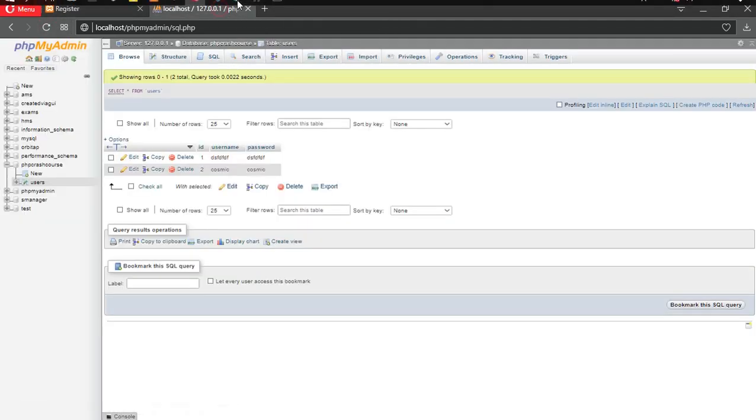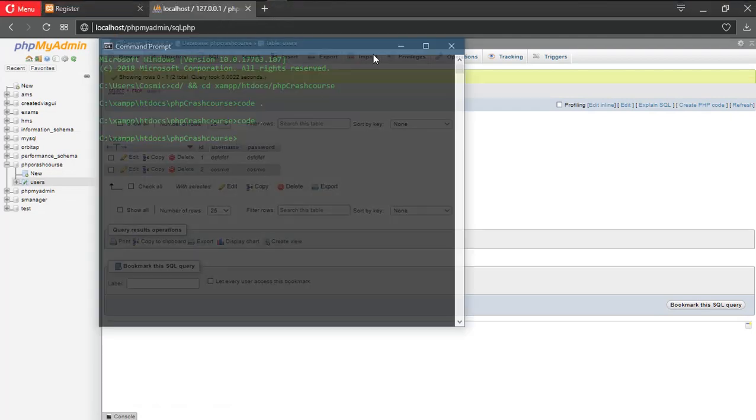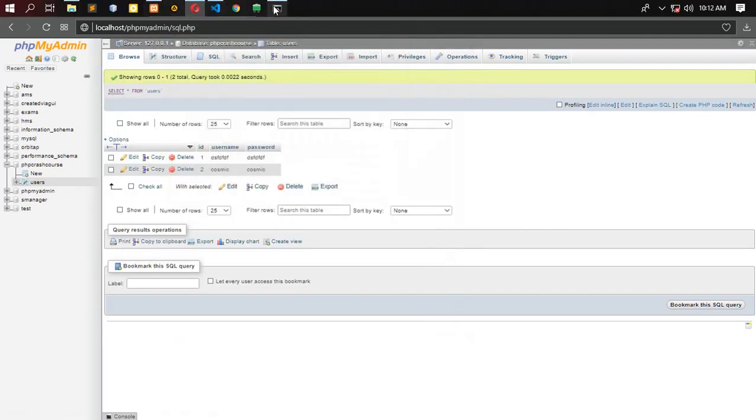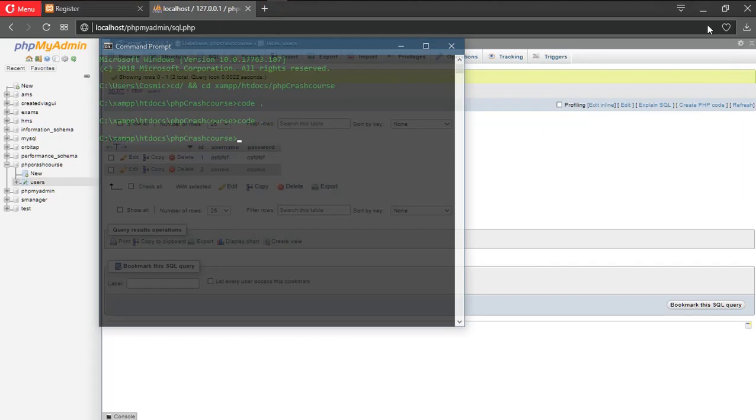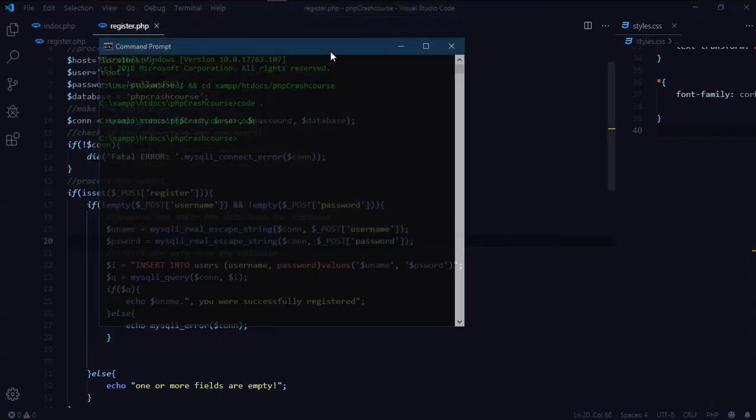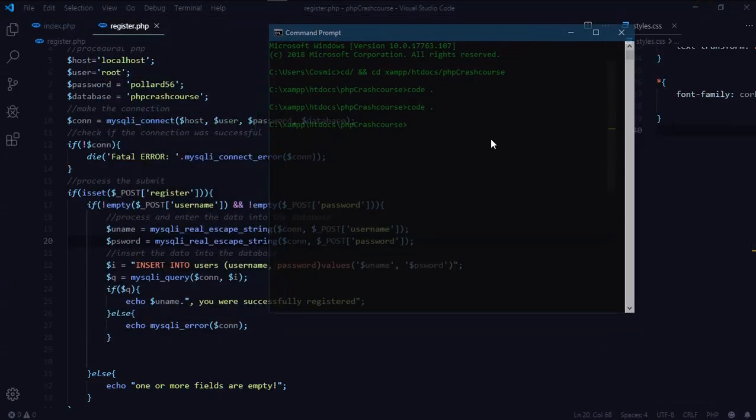Let's empty the database again. I really like using my command line, so I'm going to go to the command line. I want to empty the whole database, the whole table. So I'm going to do that,